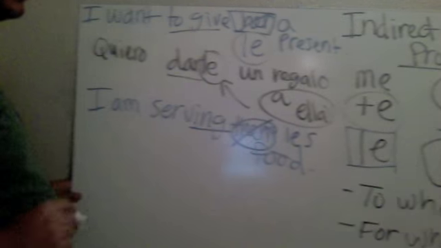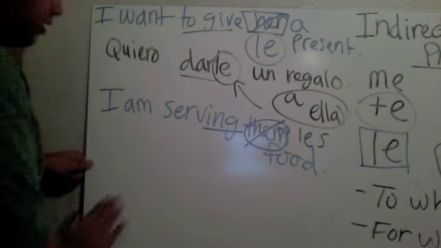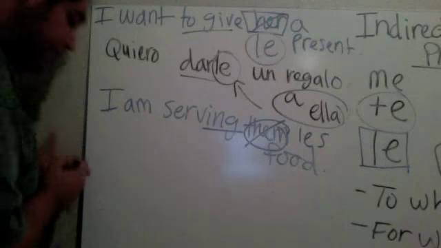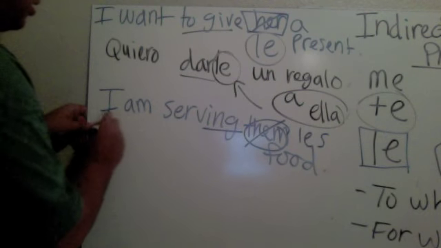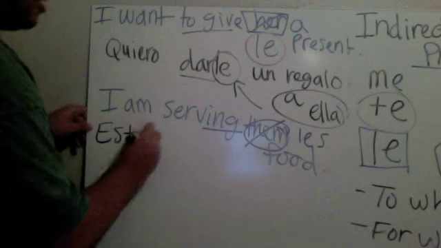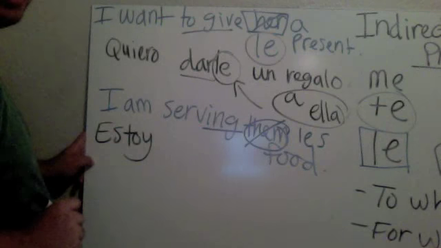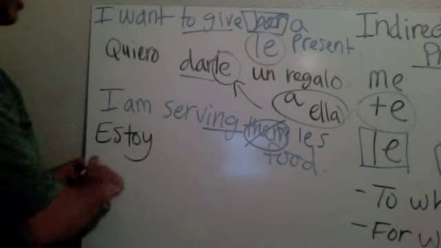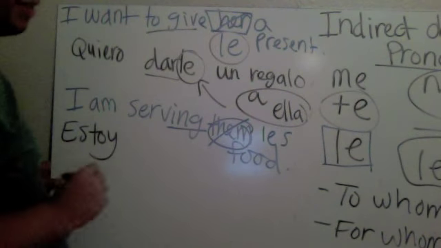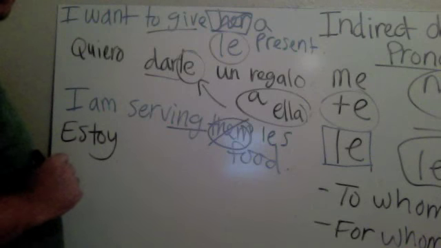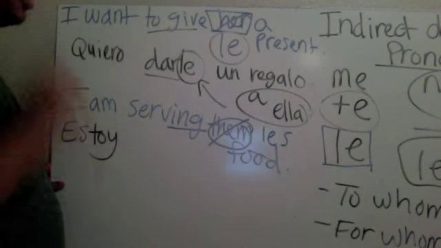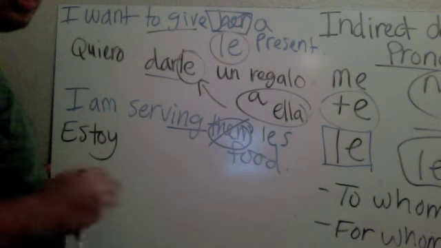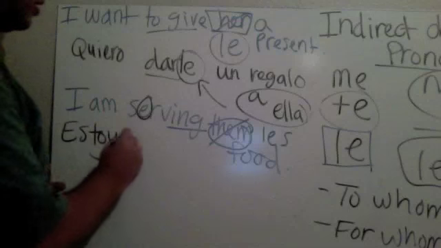Now let's translate the sentence. I am serving food in present progressive. Remember, to do present progressive, you need to have estar before your ando yendo. Estoy, the verb is servir. And what do we know with ando yendo, with present progressive? With IR stem changing verbs, there needs to be a change, either E to I or O to U. So it should be,